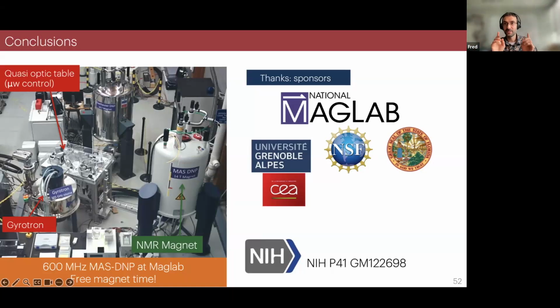Of course, this is not how much you gain. You can't really go past 658 compared to Boltzmann equilibrium. It's because your reference is not Boltzmann equilibrium. A hand wavy explanation is that spinning the sample is like warming up the nuclear spins, and the cross effect acts like a heater.